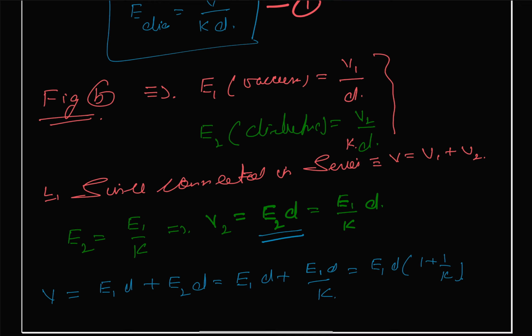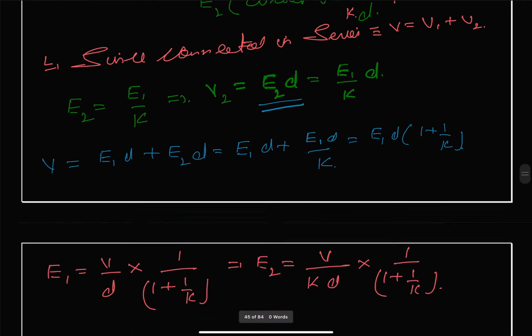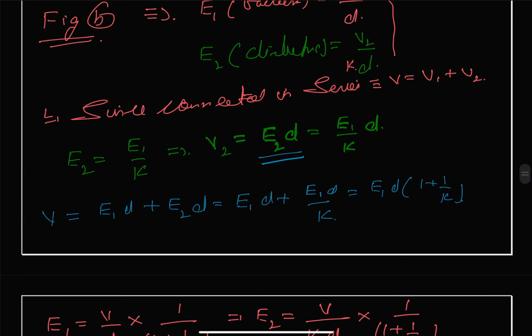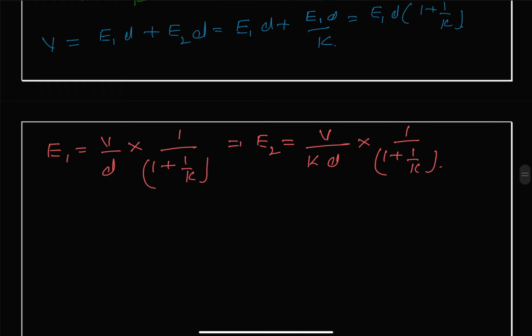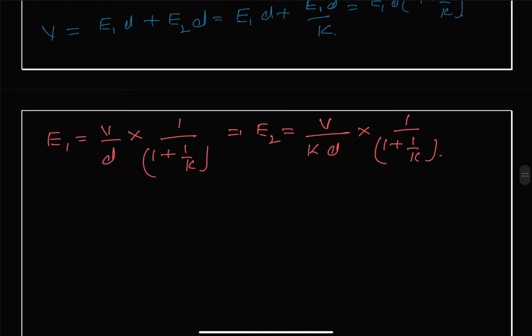And so we know that E2 is V2 by K times D. Let us call this equation number 2. So from equation 2, we know that E2 is equal to